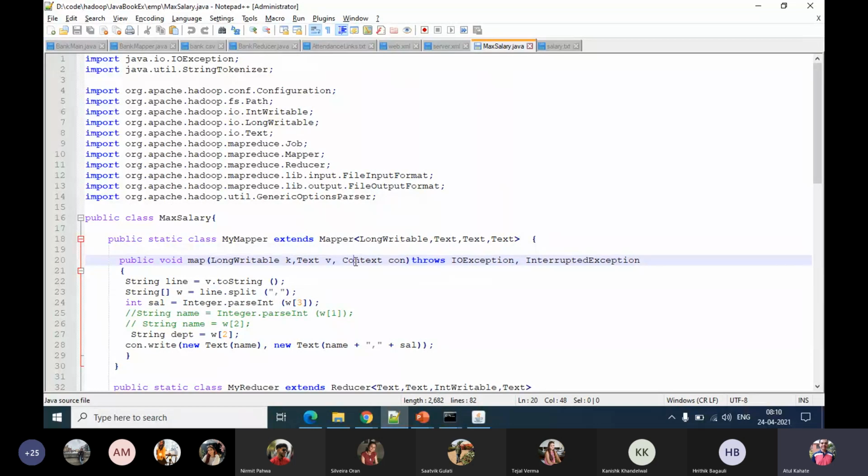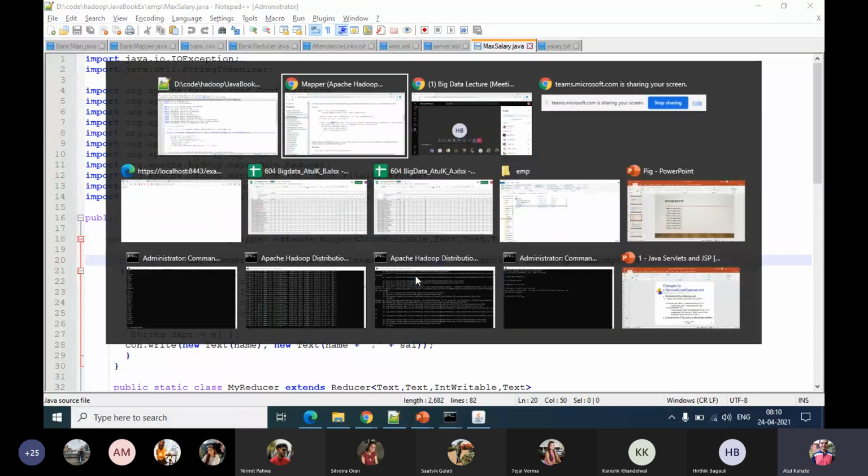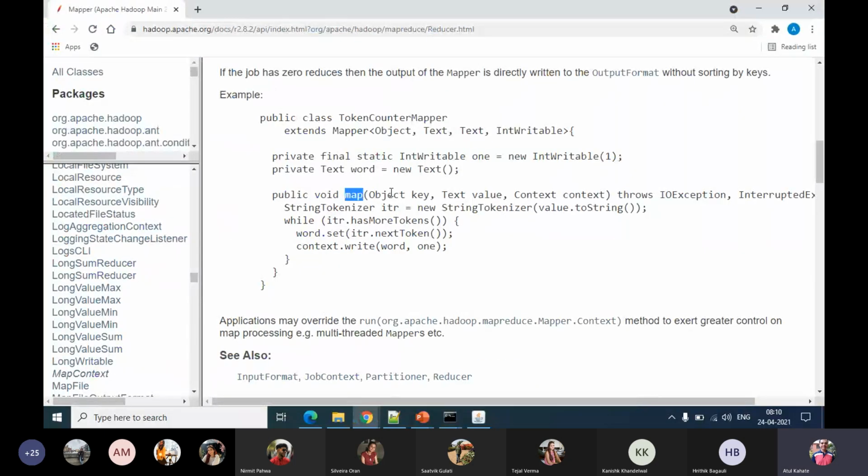Remember that the mapper class, which extends the standard mapper class, has four parameters: input key, input value, output key, output value, whereas the map function has three parameters, which are the input key, input value, and the context. So this is the context that we were talking about earlier in the documentation. So here also it is the key, the value, and the context.